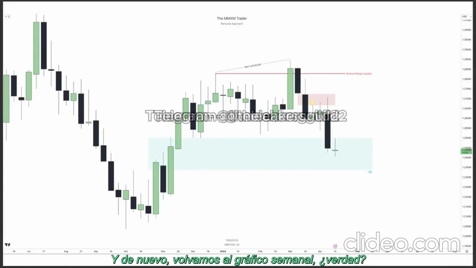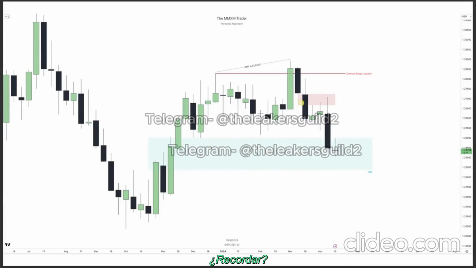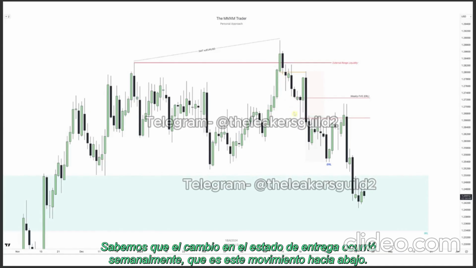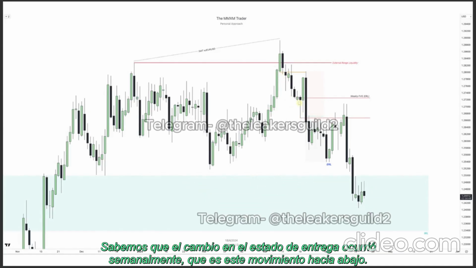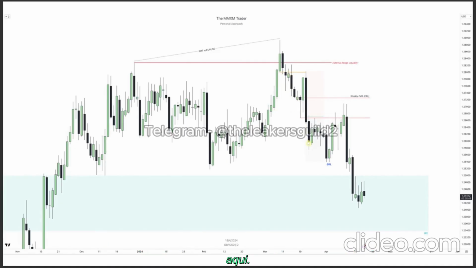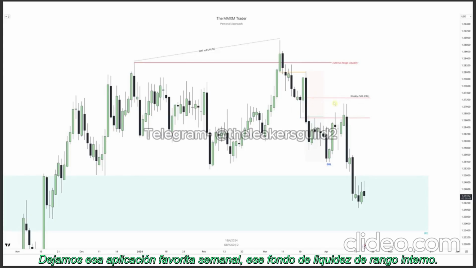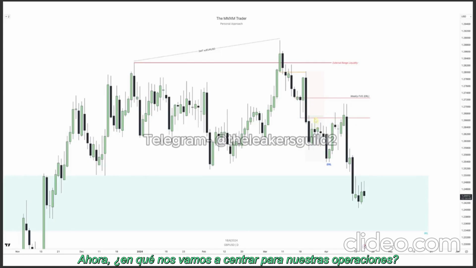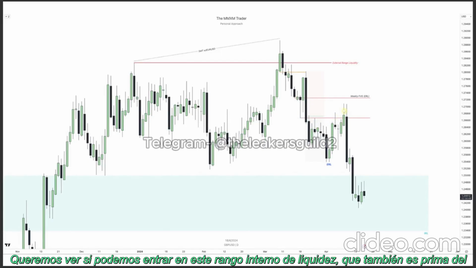And again, go back to that weekly chart, right? The weekly fair value gap, remember. So how do we map that out? We know the change in the state of delivery happened on the weekly, which is this move down over here. We left that weekly fair value gap, that internal range liquidity pool. Now, where are we going to be focusing on for our trades? We want to see if we can get in this internal range liquidity, which is all